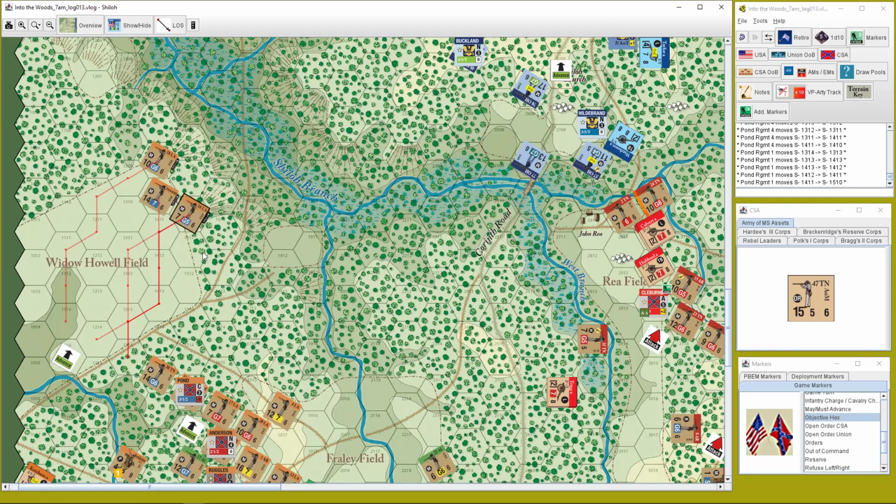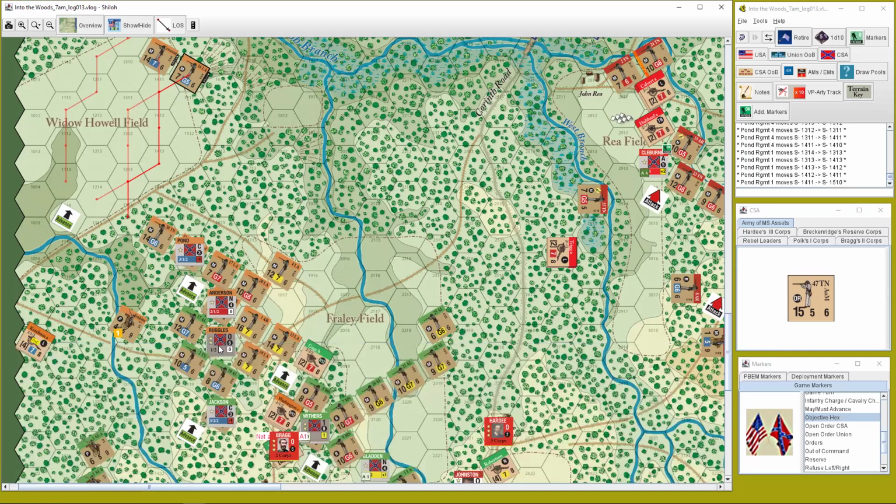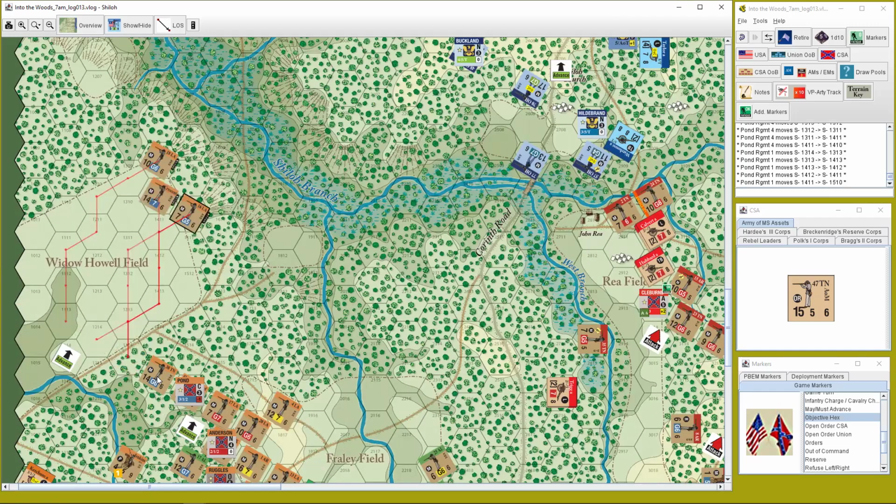5.5. As far as he goes. Now, we're under advance orders. Is this a road or a trail? It looks like a trail. Okay, so that'll be 1.5 to there. And then